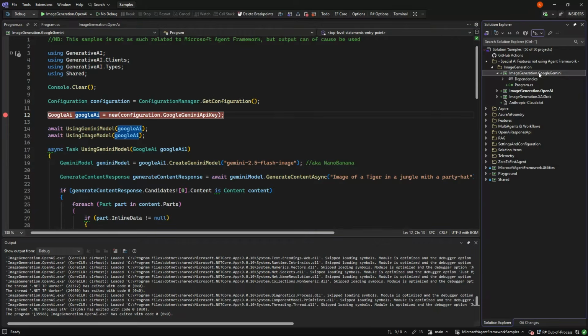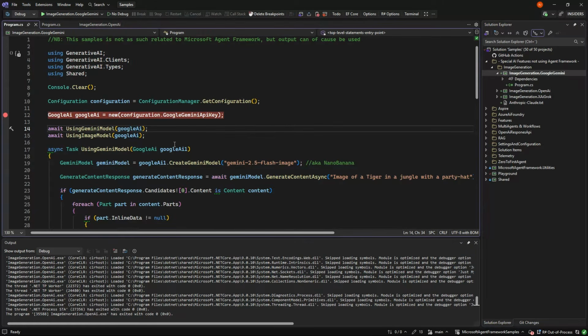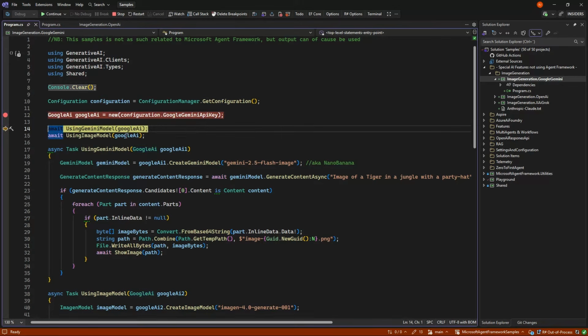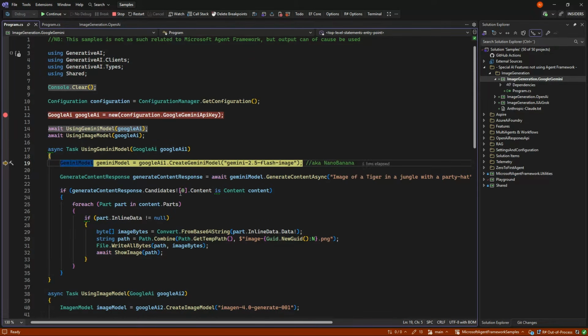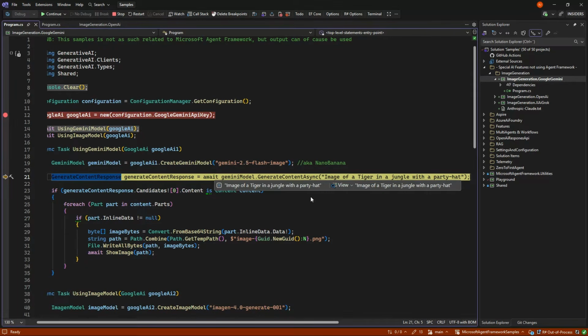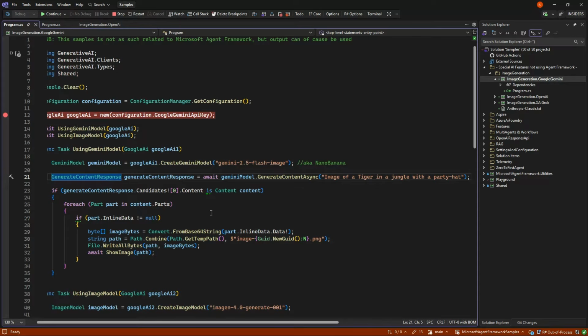So if we switch here, we will see first the Gemini model, where we go in and generate with a Gemini model, in this case Gemini 2.5 Flash image, which is also known as Nano Banana. And then we say image of a tiger, and here we need to say image because else it would perhaps not create an image for us. But we take the same path and let that think. This one tends to be a little faster than what we saw with OpenAI.